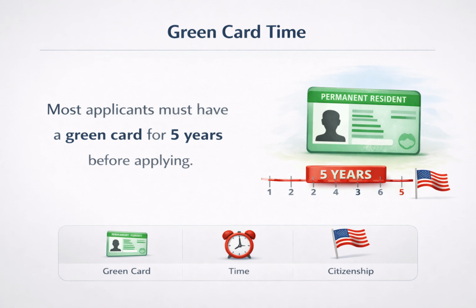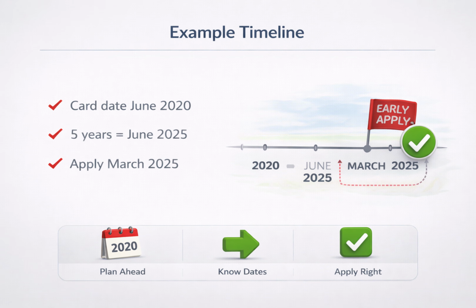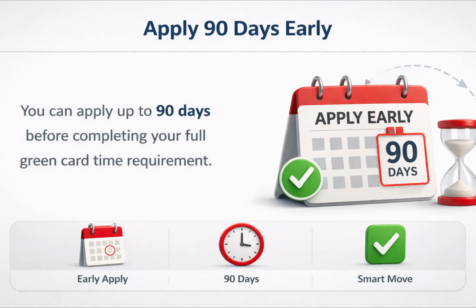Second, green card residency. This is where many people get confused. For most applicants, you must have your green card for at least 5 years. And here is something very important. Your time starts from the exact date on your green card that says resident since. For example, if your green card says June 15th, 2020, you can apply around March 2025, which is 90 days